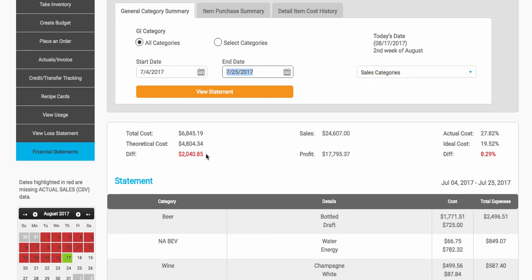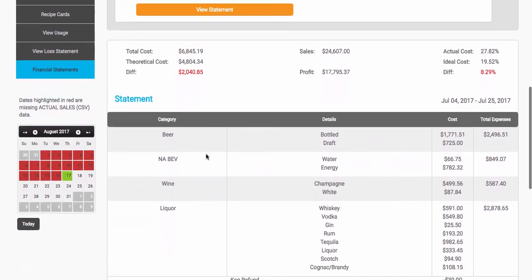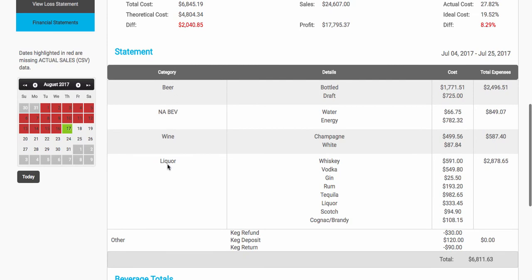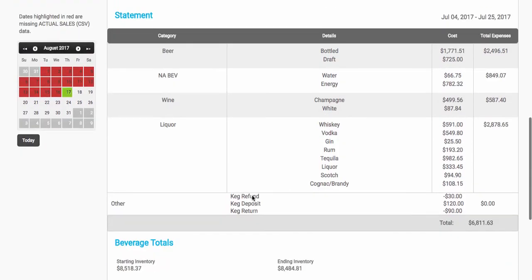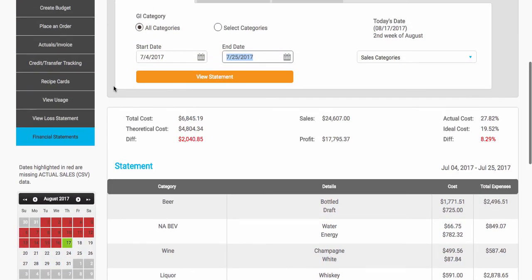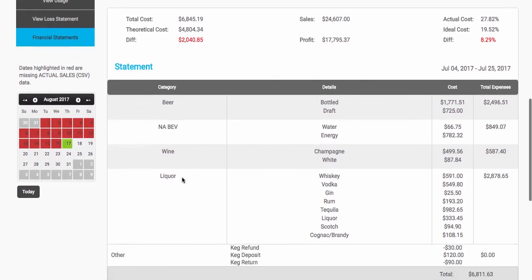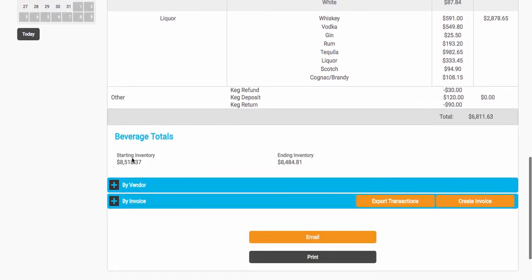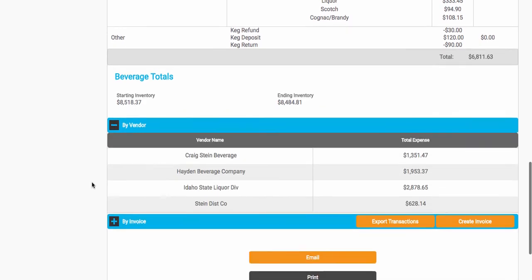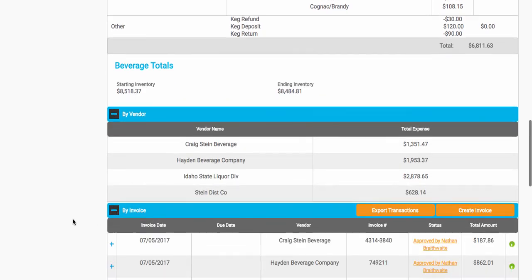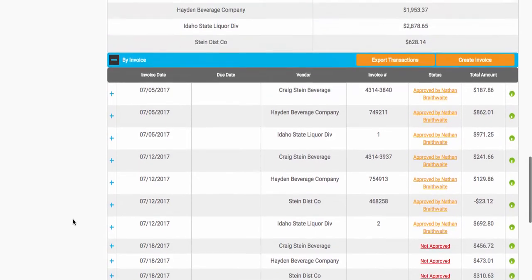So what do we do and how do we improve on this? Before I show you that, let's just finish this report. All of the expenses are broken down by GL category. We're including refunds, keg deposits, taxes, and also if you were to transfer in or out anything to stores or into modules such as food and beverage. We also will show you your starting inventory dollar amount and your ending inventory dollar amount. We will show you what you spent with each vendor and all the invoices between that period of time